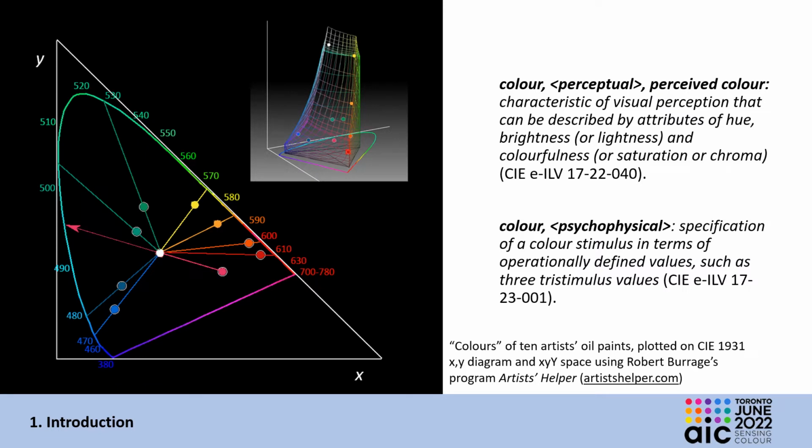Colour in the perceptual sense, or perceived colour, is defined as a characteristic of visual perception that can be described by combinations of 6 attributes, each of which is in turn defined either directly or indirectly as an attribute of a visual perception. Colour in the psychophysical sense is defined as a specification of a colour stimulus in terms of values such as 3 tristimulus values, which are in turn defined as the amounts of the reference colour stimuli required to match the colour of the stimulus considered, giving as examples R, G and B and X, Y and Z